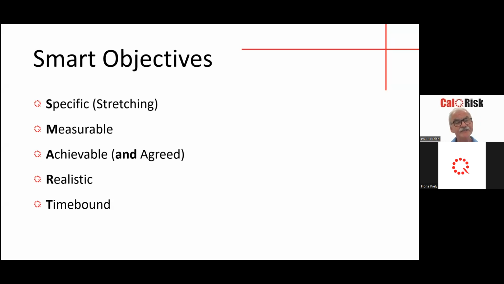And subsequent to that, the development of what they call SMART objectives. I'm sure most of you, if not all of you, will have heard about it. That the objective setting should be specific, measurable, achievable, and I put in the term agreed here, because sometimes if a management team thinks it's achievable and the organization doesn't believe it's achievable, what happens is you get a confusion, and generally the non-achievement becomes a self-fulfilling prophecy.